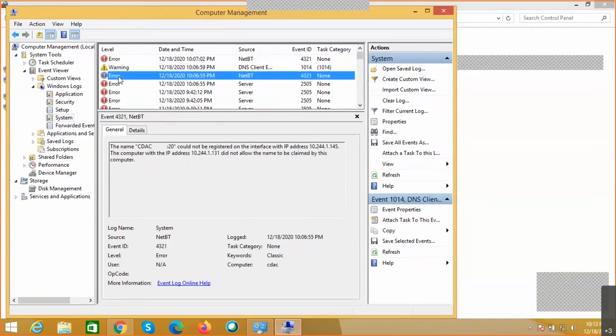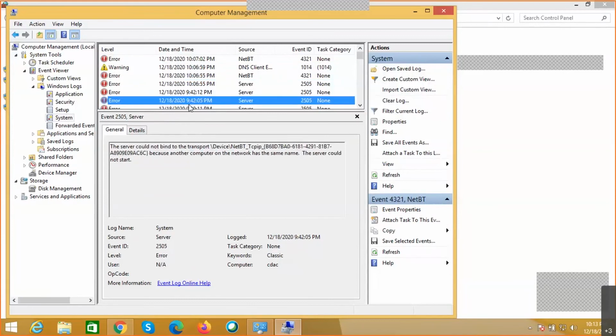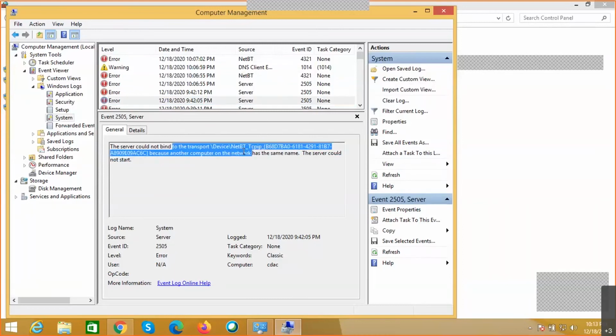Now, this is one example of an issue with respect to the name, because it is saying another computer on the network also has the same name. So it cannot bind that name to this system. This is how some of the troubleshooting can be done with the logs.